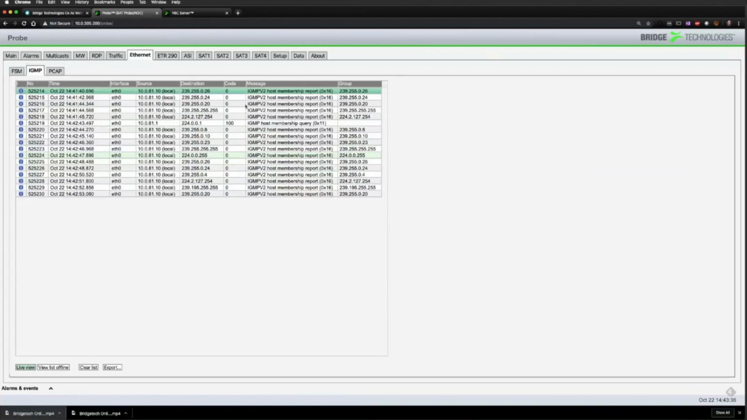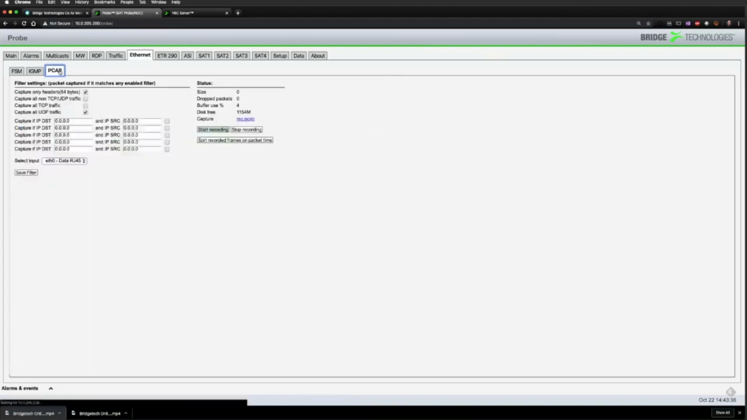And PCAP. So we saw back in the return data path the ability to record a transport stream. So now we've got the ability to record an IP stream. PCAP, a bit like Wireshark. It's not really much like Wireshark, but it will allow you to capture an IP stream. It won't do any analysis, but it will capture an IP stream and then allow you to download it